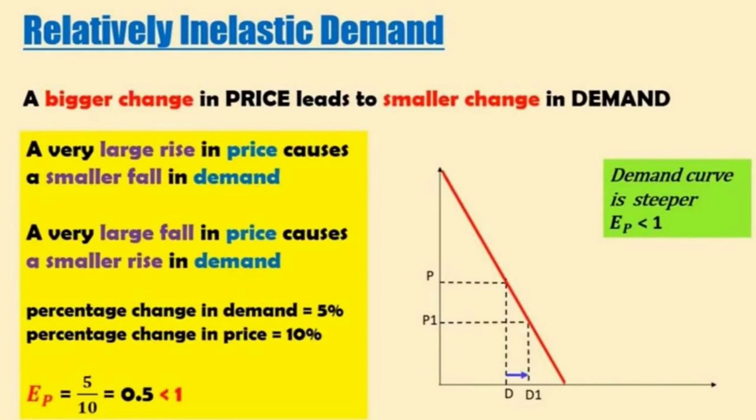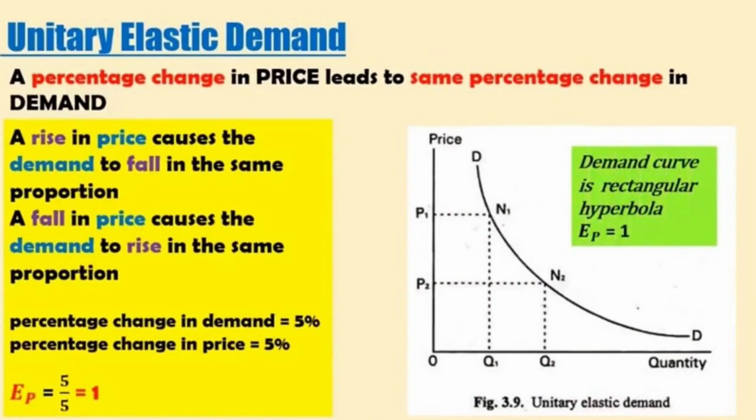You have variation. So when the price is too less, it will be steeply sloping from left to right, from P to P1. P is the initial price, and when it moves to P1, the price is reducing, your demand is going to increase, it expands to D1. So the demand for that is increased. So unitary elastic, you can see a percentage change in price leads to some percentage change in demand.